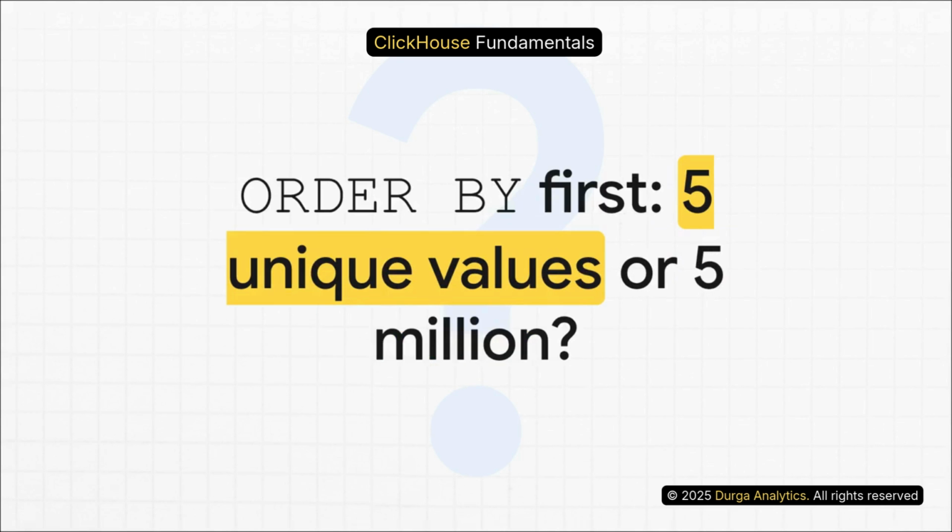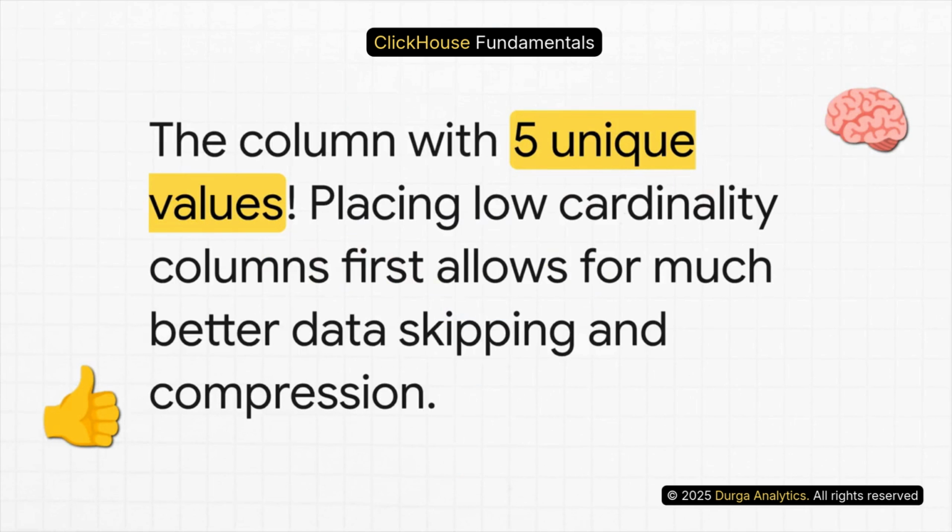And for our final question, this one really gets to the heart of good schema design. When you're defining your table's primary key using order by, should you put a column with very few unique values first, or one with millions of unique values first? Think about how that choice affects compression and data skipping. The answer is